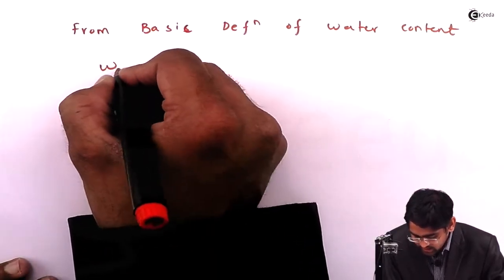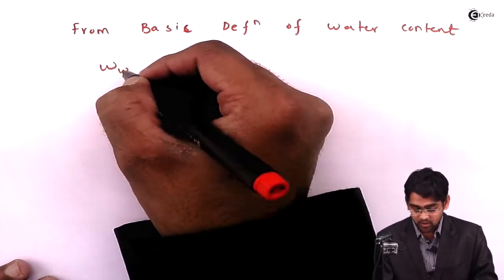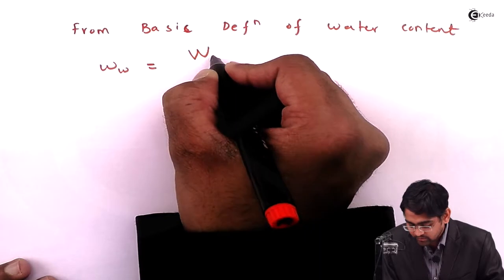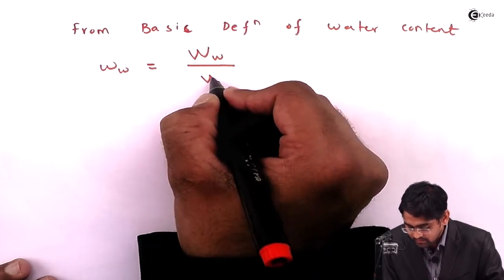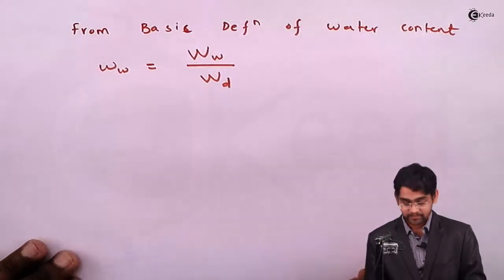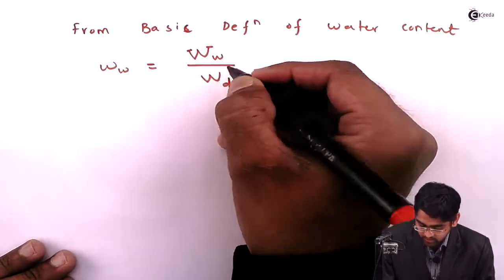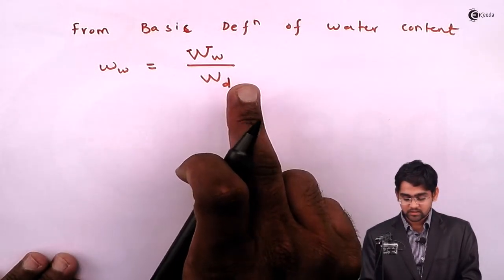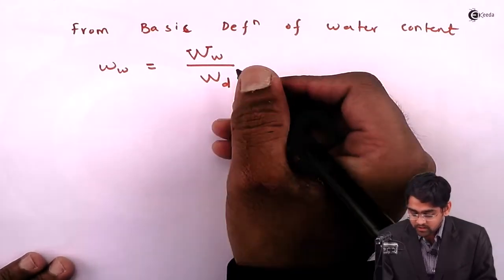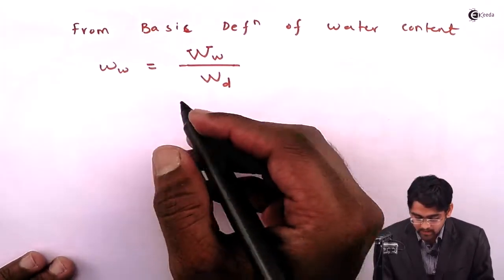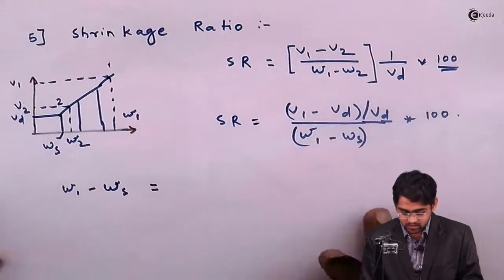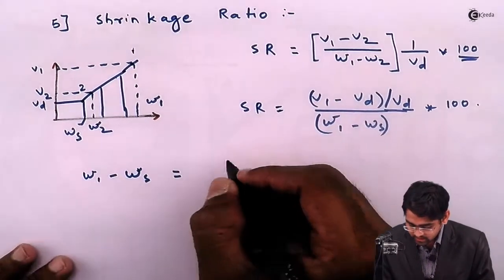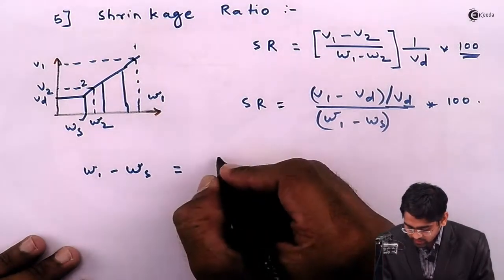Water content is denoted by small w, which is nothing but the weight of the water divided by the weight of the dry solid. So the same way here, the change in the water content is nothing but the weight of water,